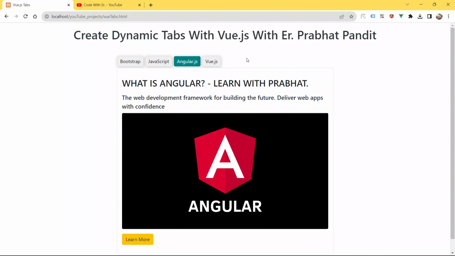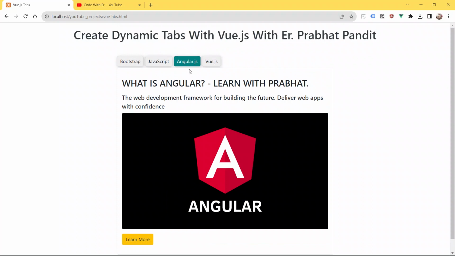See guys, right now the AngularJS button is enabled, and the rest of the buttons are disabled, like Bootstrap, JavaScript and Vue.js. The moment you click the button, below that you will be able to see the content based on the button you have clicked on.